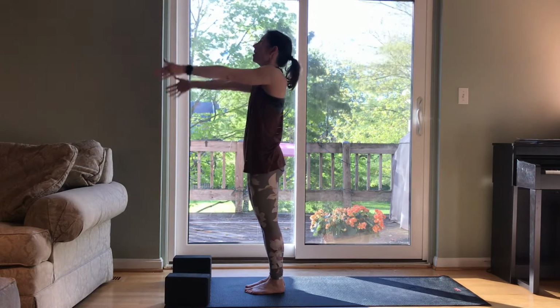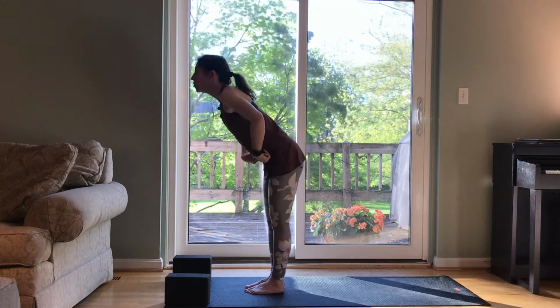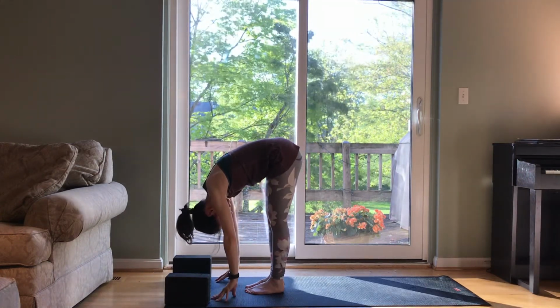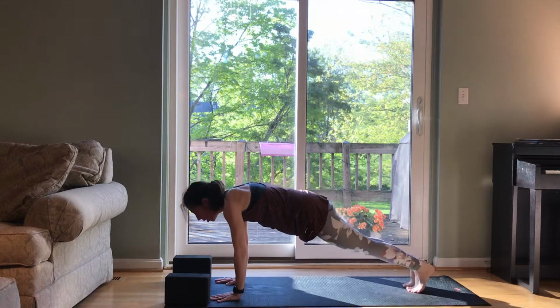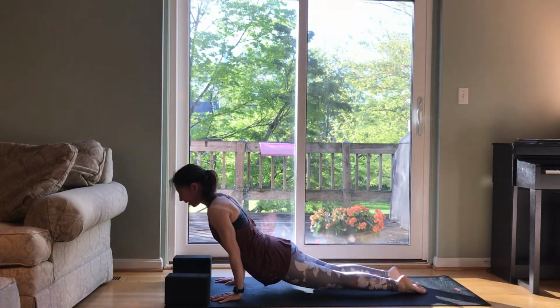Samastitihi. Again, inhale, arms up. Exhale, hinge from your hips. Pull in that belly and fold. Inhale, half lift, lengthen. Exhale, step back to a plank. Lower to your belly or chaturanga. Inhale, up